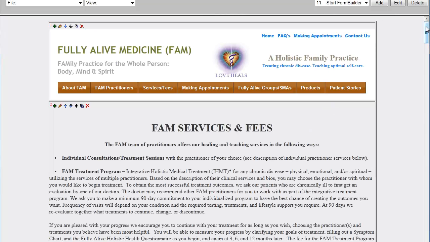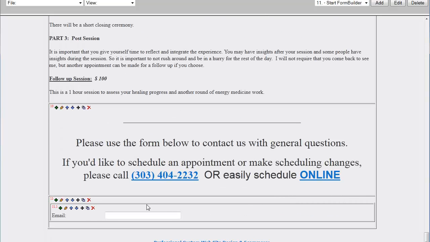As we come back to the page, we can scroll down and we can see now that it has added a new email box. We also want to add a name box, and we're going to do that above the email, and we also need to add a text area box where they can enter in a question. We're going to go ahead and click the green plus sign on this email box again,